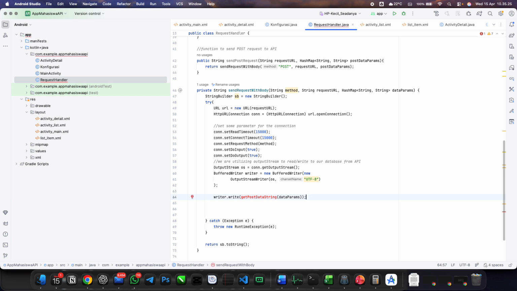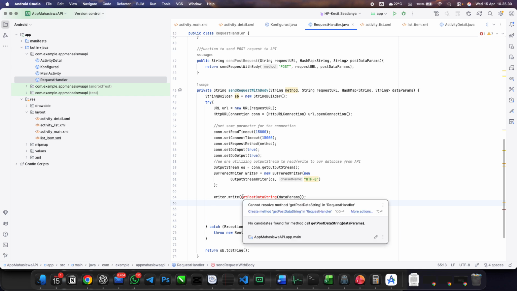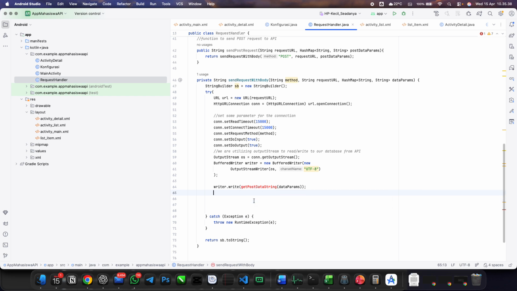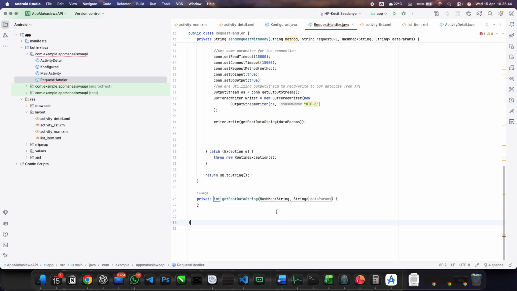We cannot help anymore. Okay, I know the get post data string is not working because we haven't declared the method to get post data string. We are only declaring the send request with body, and later on we will create a new method get post data string like this.